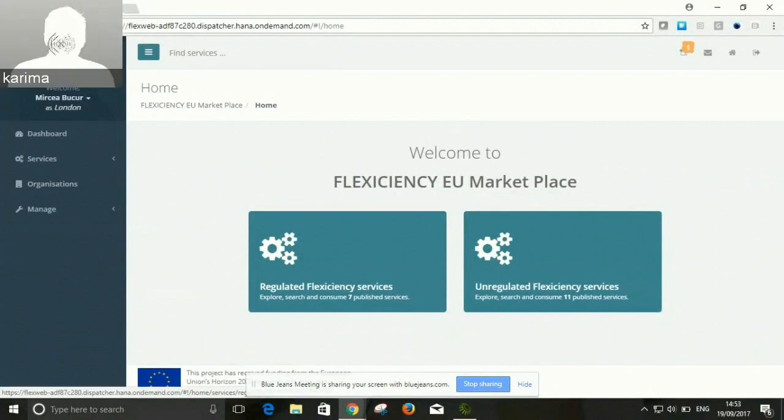Okay, great. Well, thanks, Karima, for walking through the user interface and functionalities of Marketplace, and also to Zvone for a very interesting presentation on how to sign up on the platform and how to use various services. So just a few words about KiWi. We're the leading demand response service provider here in UK, and potentially more important for this project, we're also actively looking to expand to other European markets, and obviously to those markets that support demand response services through regulation and